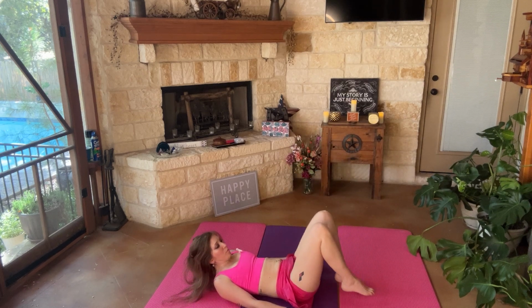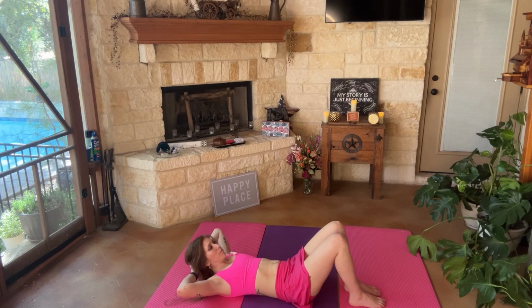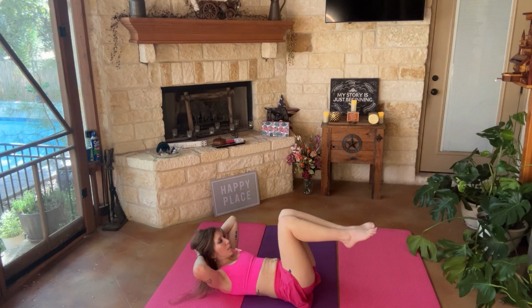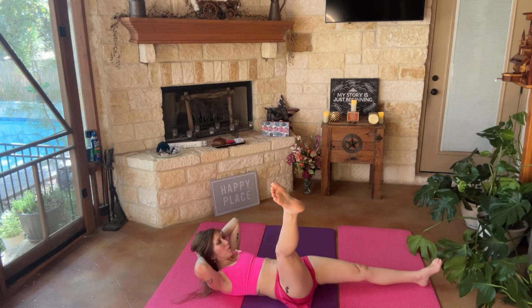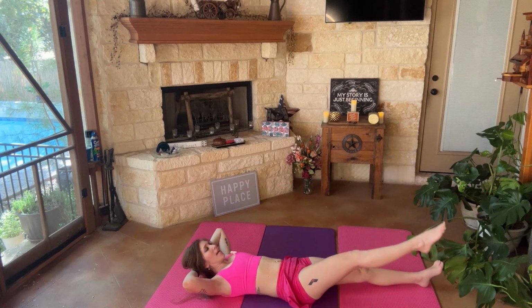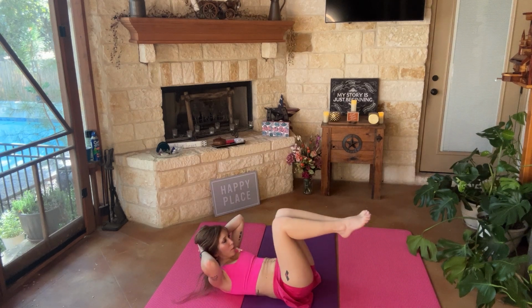Perfect. All right, now we're going to go ahead and bring our fingers interlaced behind our heads. We're going to come up into that crouching position, kick our legs out so the left leg is straight down, the right leg is at a diagonal angle, and you can bring your head down as you bring that leg down. Crouch,